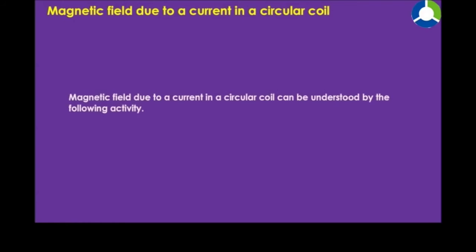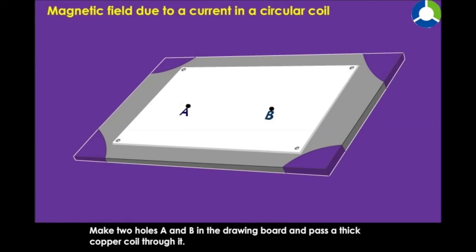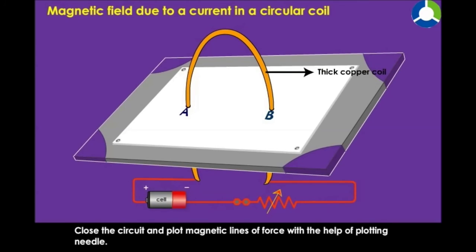So here our topic is all about the magnetic field due to a current carrying circular coil and also the direction of magnetic lines of force. Of course, it can be understood easily through a small activity. You can see here there is a cardboard sheet over which two holes are made at A and B. Now we insert a circular coil of wire into the cardboard sheet through these two holes made at A and B, and the terminals of the coil are connected to a cell or battery.